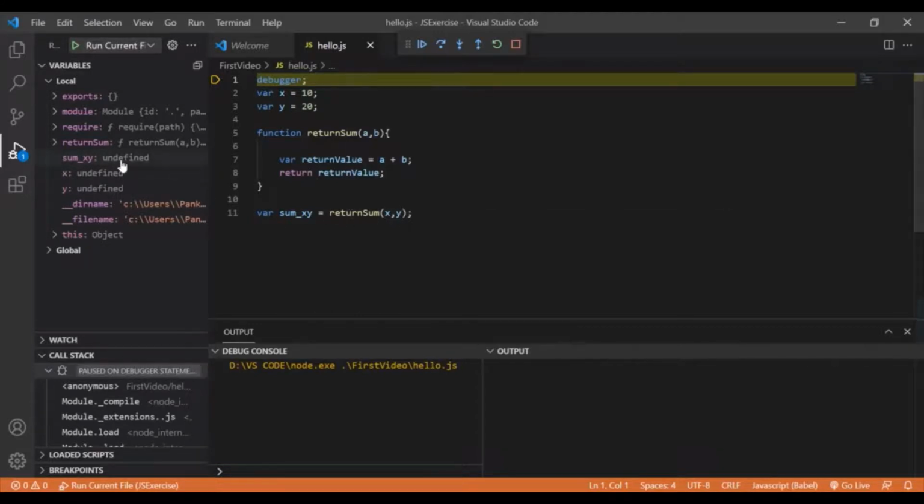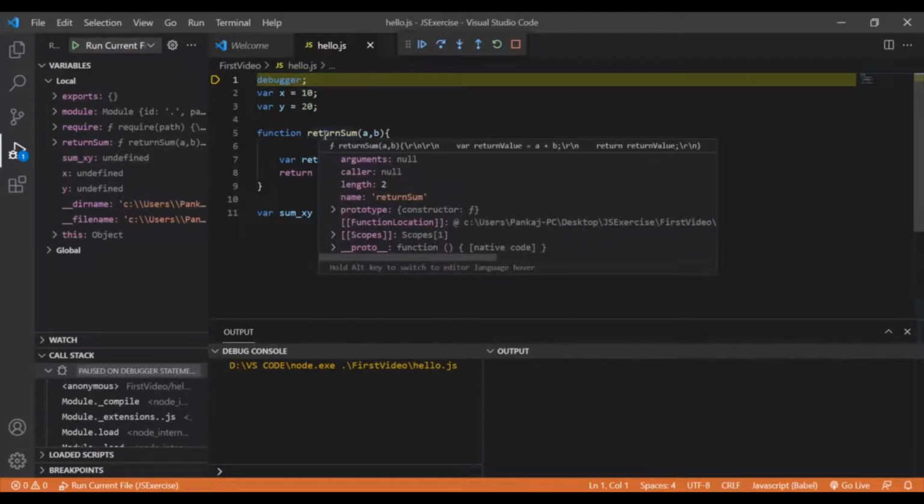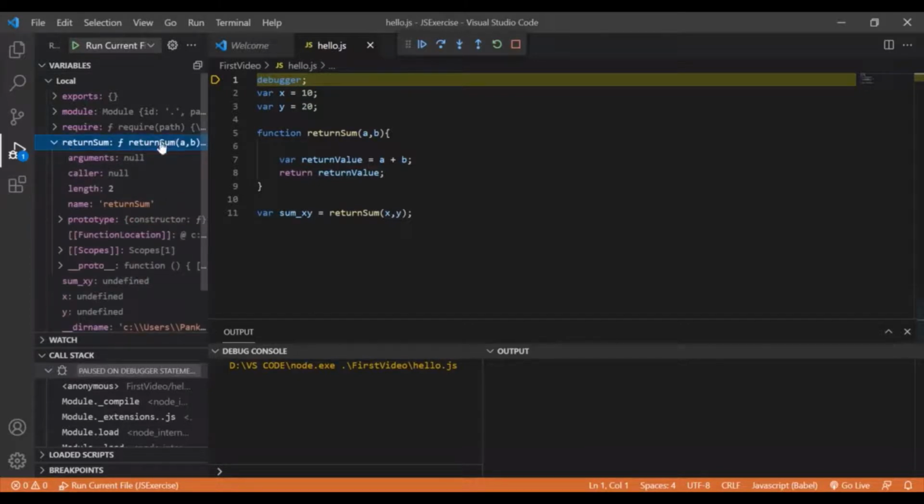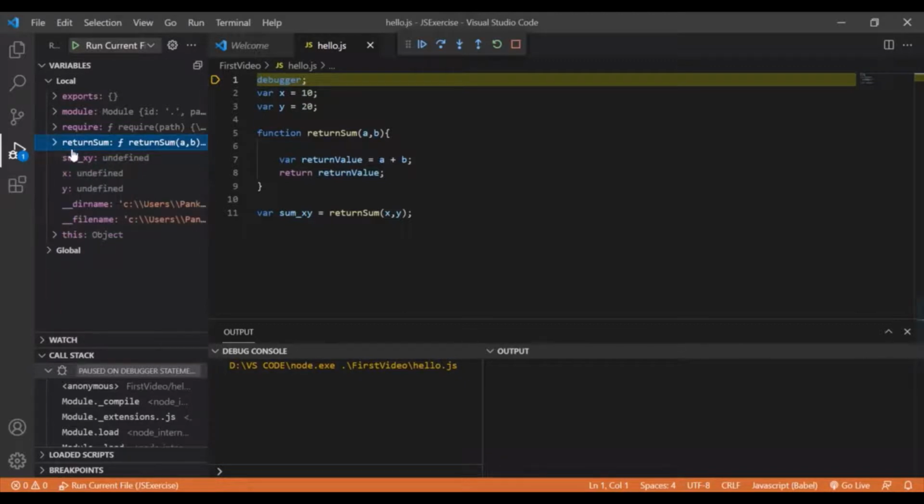You can also see a function return sum. This is the key return sum, which denotes this function only, and if you expand this, you can see this entire function has been copied over here, with arguments, null, and all these parameters corresponding to this function. So this is the memory creation phase.